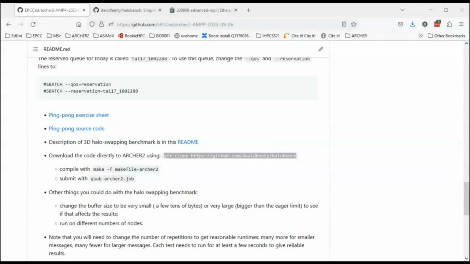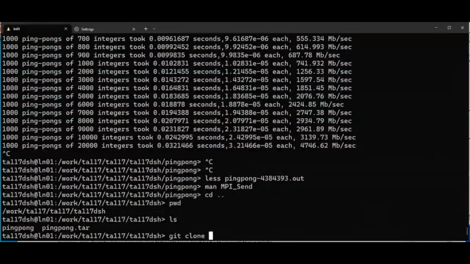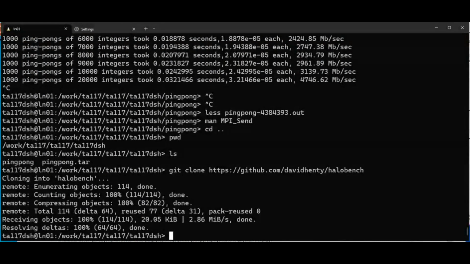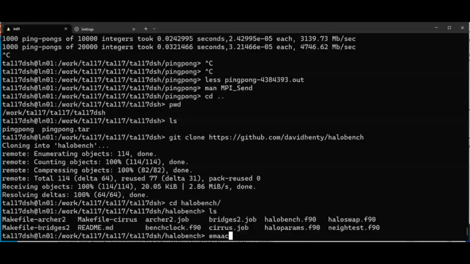Actually, I'm now sharing the wrong window. So we just do git clone this thing here, and it goes there. Okay, we go to cd Halo bench. You should really